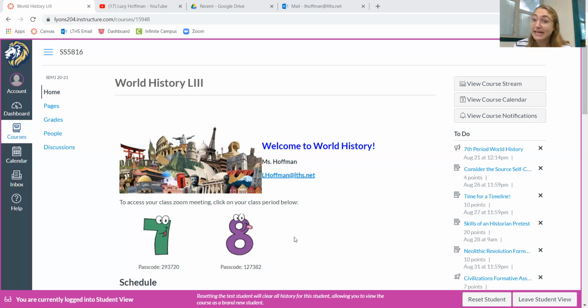Also on this homepage, I've included our class Zoom links. Sometimes these get updated for security purposes, as well as just we love technology. It can be glitchy sometimes, and so I like to change the links in order to get ahead of those problems. And if a student is trying to log on to a Zoom class just because they saved a link, they should be logging on to class through Canvas each day. As a form of security, sometimes the passcodes change. They can find their class Zoom links right here.